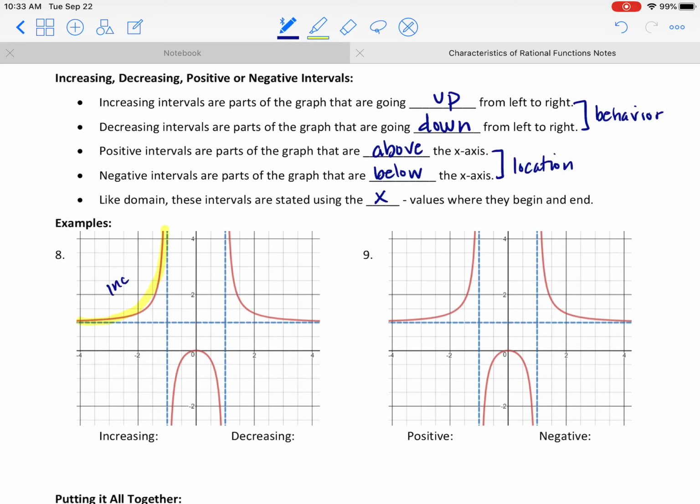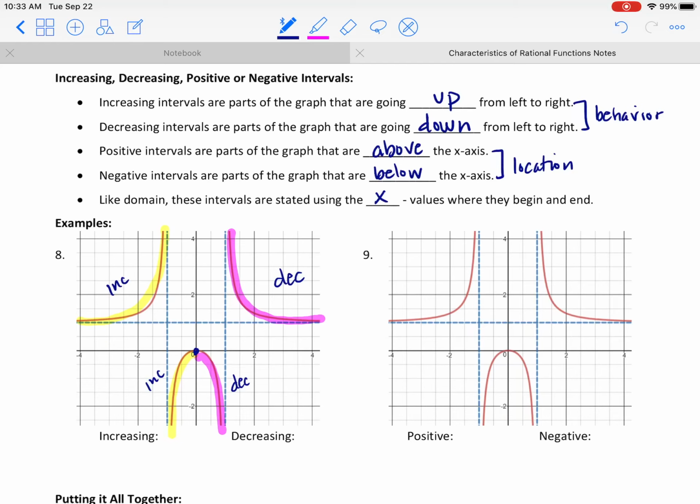Eraser. This is definitely increasing. Now if I jump over to the next branch, again we read left to right, so we still have a piece of the graph here that is increasing. And then it turns, right here it turns. So as it turns, now when we're going left to right, it is decreasing. And then we have to jump over that asymptote and deal with the last branch, which left to right is also decreasing. Okay, so we've got two intervals that are increasing and two intervals that are decreasing,